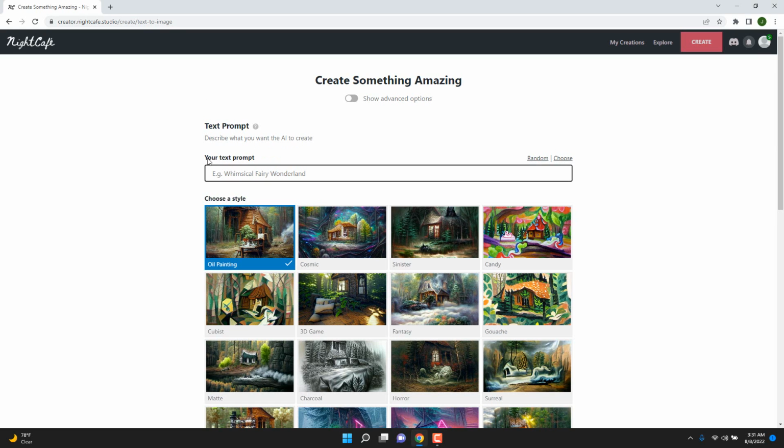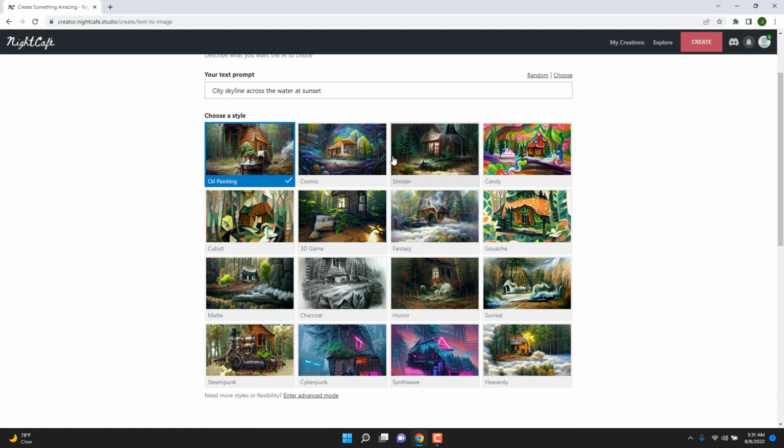So all you got to do is just type in what you want to be generated. I'm just going to click random because I'm not really good at thinking of random things, right? So I'm going to choose a style. You could pick any one of these styles. I'm going to click,